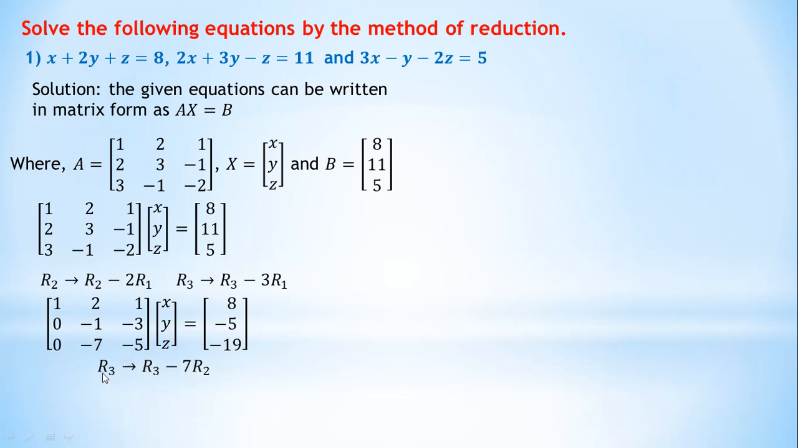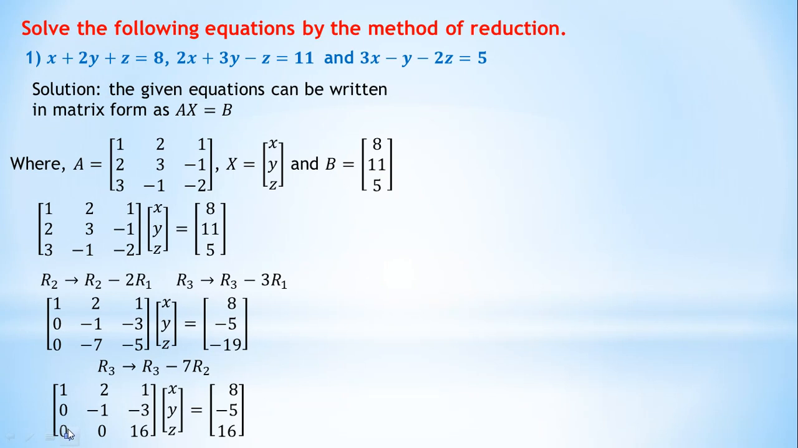Then how will you use the second row? If you think carefully, you observe that R3 minus 7R2 gives 0 here, because minus 7 plus 7 becomes 0. So here we have to multiply with minus 7. Minus 7 into minus 1 becomes plus 1. So minus 7 plus 7 becomes 0. So see here, first row as it is, second row as it is, and in the third row here